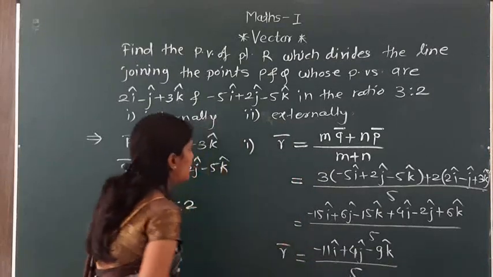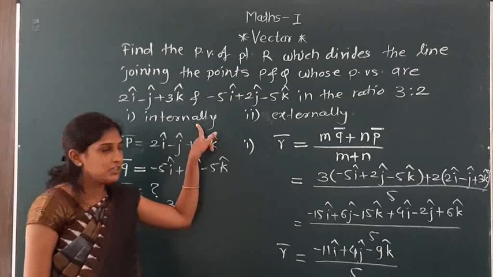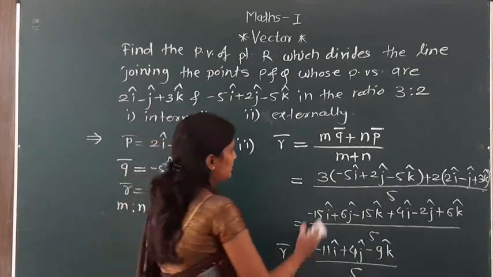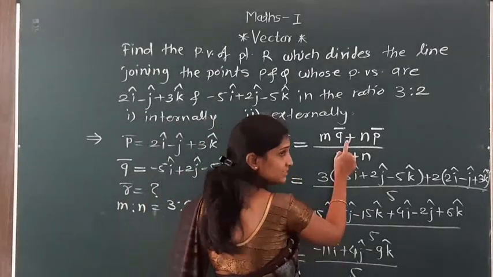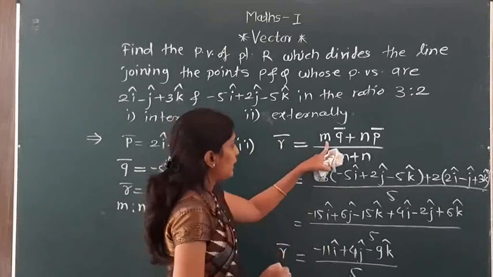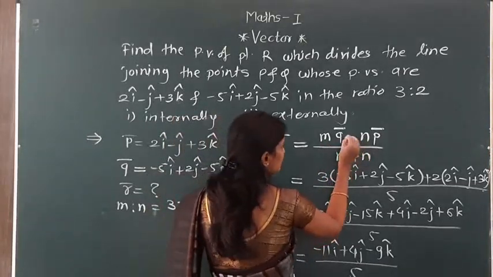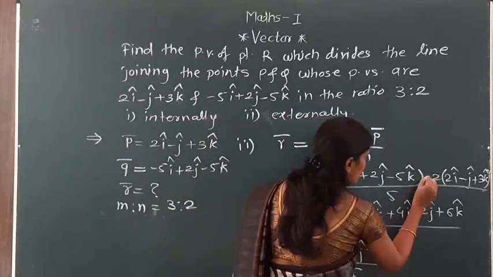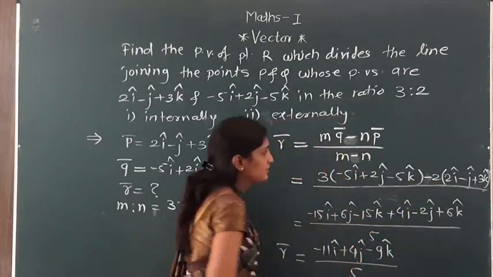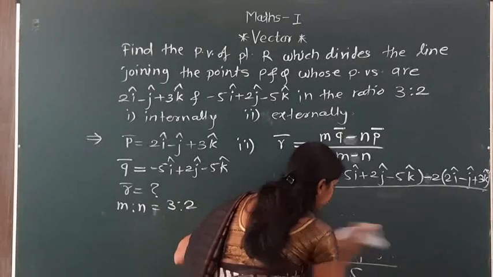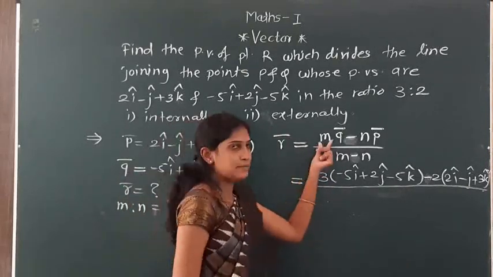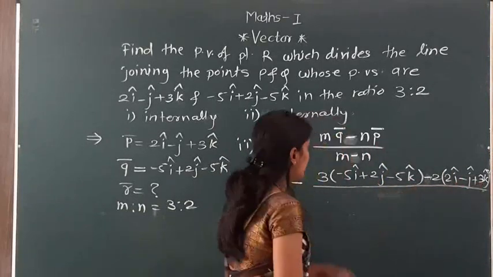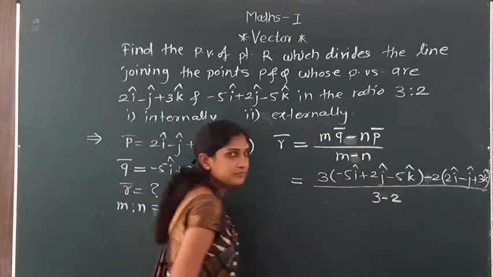This is the value of R bar in internal division. Now second is external division. Here there is only a change in the sign in the formula, which is R bar is equal to (m q bar minus n p bar) upon (m minus n). So here m is 3, q bar, minus 2 p bar, divided by m minus n, that is 3 minus 2, which is equal to